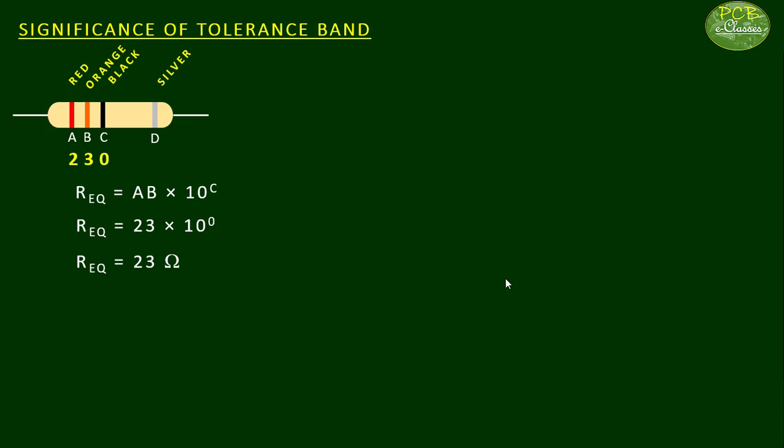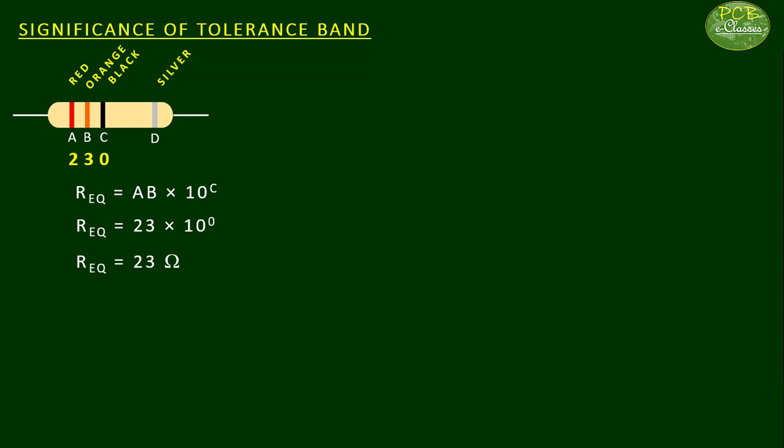Now we'll see what a tolerance band is. What is the significance of the tolerance band? See here, we'll take the same example that we have just taken, that is 23 ohm. Now see here, the fourth one we have taken is silver. If you go back to the slides, for silver it is mentioned as 10%.